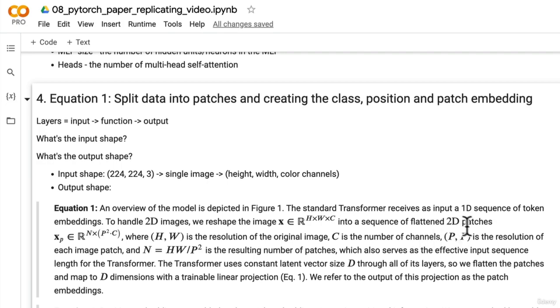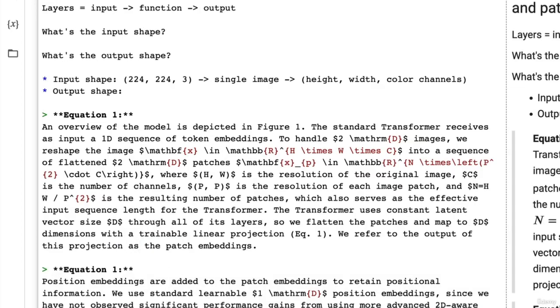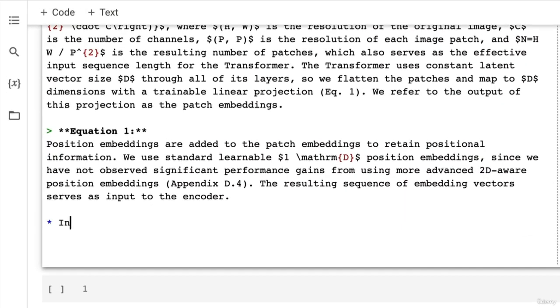Into a sequence of flattened 2D patches, where x patch is an element of a real number of shape N times P squared dot C, where C is the color channel, and H and W, let's write this down while we're at it. So let's go, input image is